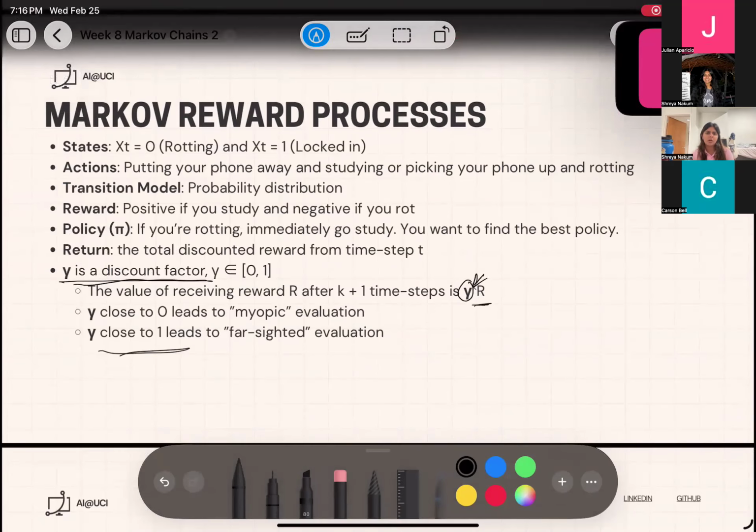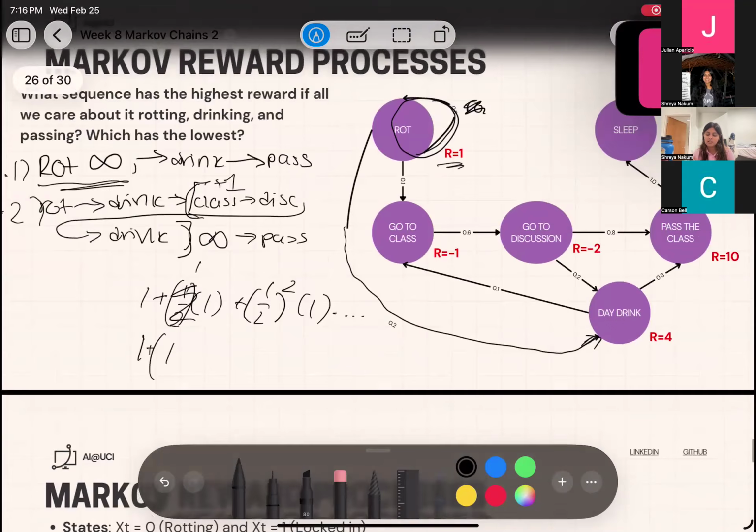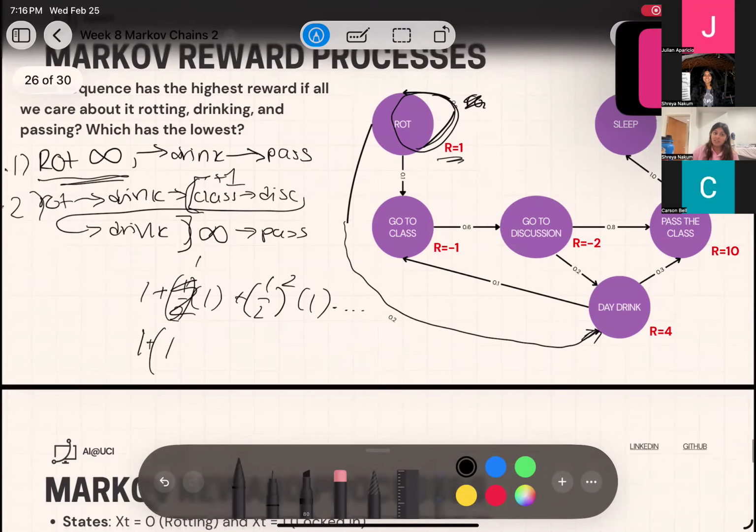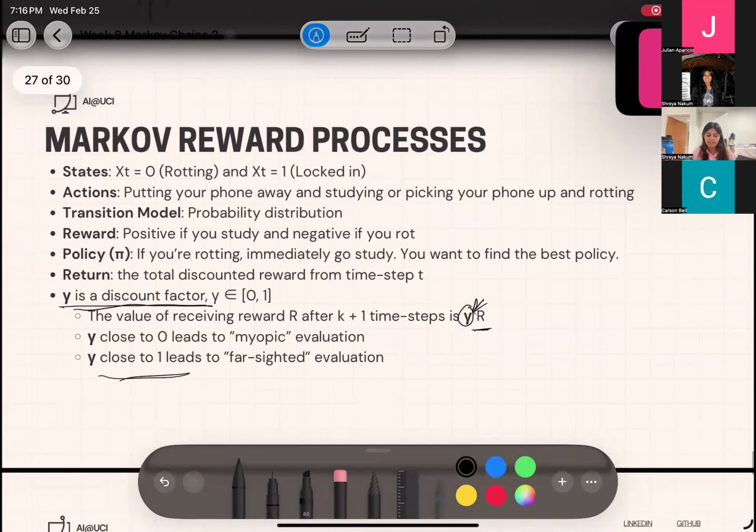So that's the idea of the discount factor: what do you care about? Is my final exam next week and I really need to lock in, so I really want to get my reward of just 15 very fast, or do I have a month or so where I can keep drinking as much as I want and still do fine in the class? That's the idea. And these are the basis of a lot of reinforcement learning. Every RL problem can be boiled down to an MRP. Does this vocabulary make sense to everyone?